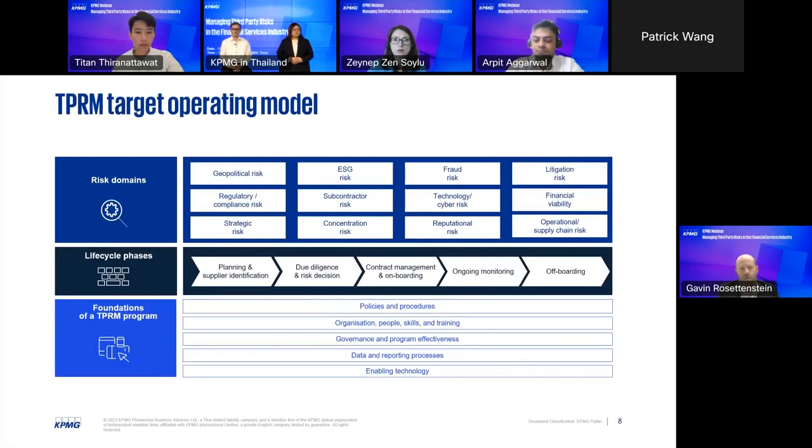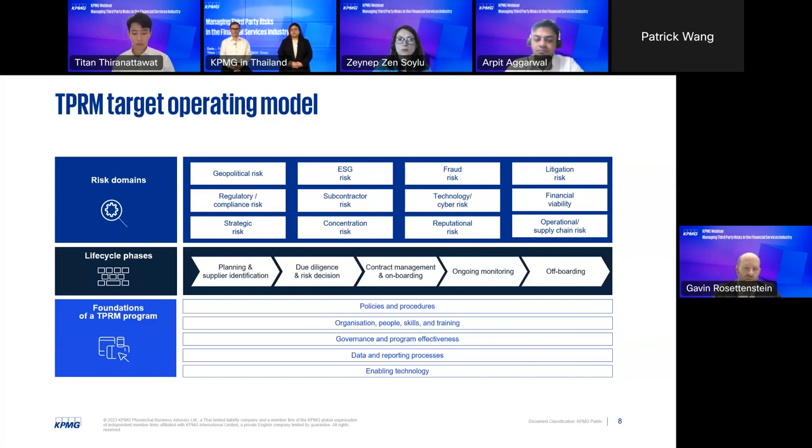So when you're looking at it, you want to understand how you're managing that across the broader program, but then there's also governance on specific arrangements as well, and how you're managing the specific governance of those, and be it, are you engaging with a third party on a quarterly basis, 6 months, annual? If it's less risky, potentially less engagement with them as well. Data and reporting process, I'll come onto data a little bit later on, and likewise enabling technology, I'll come onto the subsequent pages as to what we see for those.